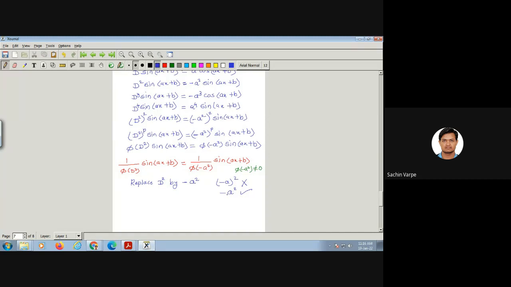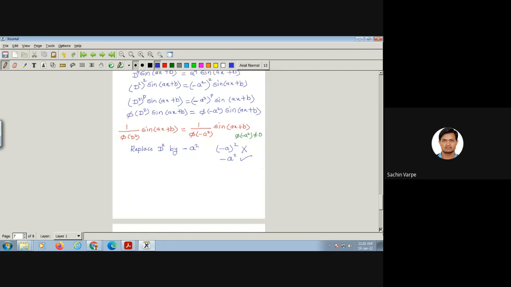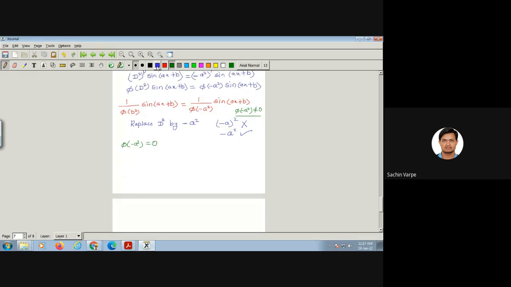Yes. So that is what the thing here in case of sine, and the similar thing we can do in case of cos. Now this is a case where phi of minus a square is non-zero. If phi of minus a square is 0, then we will do the same thing as we have done in the exponential function. That is 1 upon phi of d square